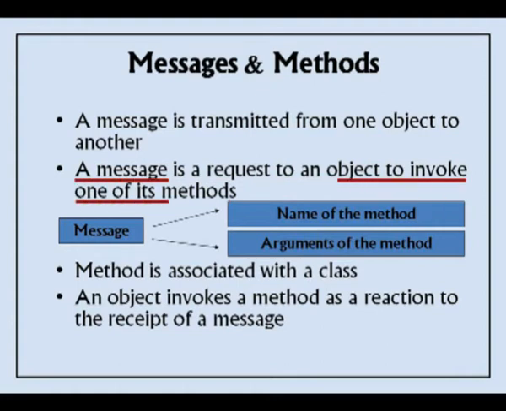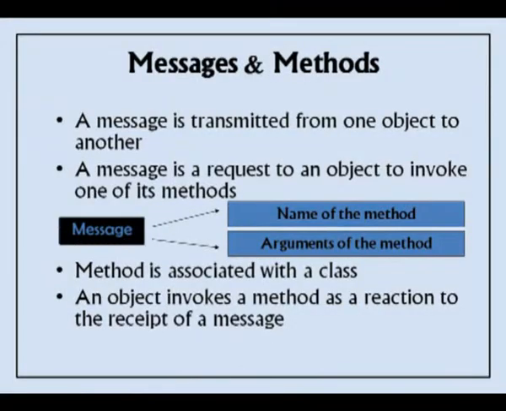Now we saw that a class contains data and it contains functions to operate on the data. An object is created for a class, which specifically tells what the data holds and what the function does. So a message is nothing but a request to an object to perform one of its functions. That is the interaction between the objects. Generally one object communicates with another, requesting it to do something in response to its message.